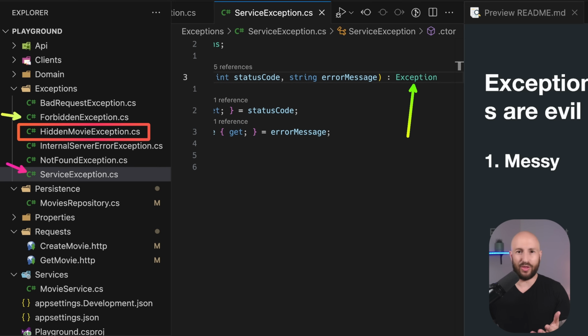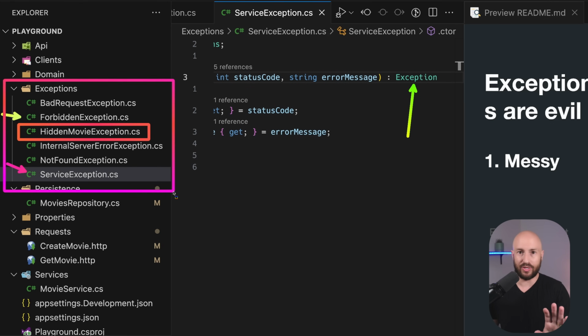Now, what I did about 2 years ago is I did a search within Microsoft since I was curious to see how other projects scale using exceptions. And I noticed that it wasn't just my project, but almost every project that I looked at that used exceptions for flow control had some folder called either exceptions or errors or something similar, where you have tens of exceptions, and it becomes messy trying to understand: do I need to reuse one of the existing exceptions? Should I create a brand new exception? Should that exception inherit from one of the existing exceptions? It really becomes a mess.